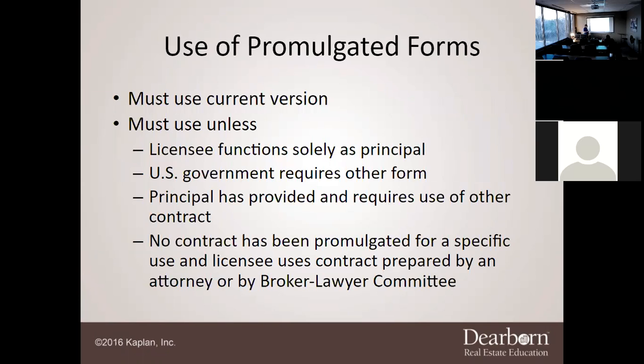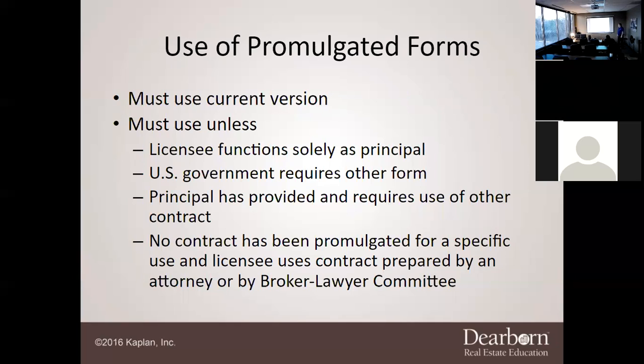Now, when we are talking about forms and discussing theories, we do use promulgated forms. A lot of people ask, why do I need to know promulgated? What's promulgated? Well, promulgated is basically a fancy word for standardized. It's a nice fancy word for standardized forms. If you see the word promulgated or standardized, they're primarily the exact same thing.